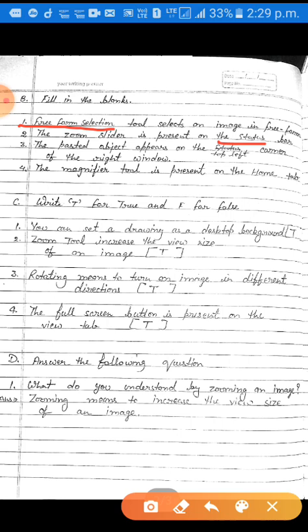Third question is the pasted object appear on the dash corner. Dear students, you have to fill here top left. When you will paste any object in your drawing area, then it will appear on the top left corner of your drawing area.